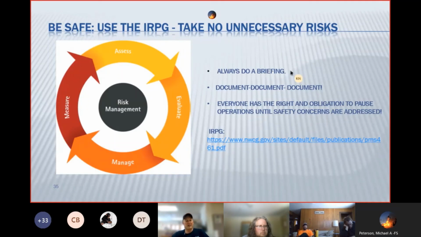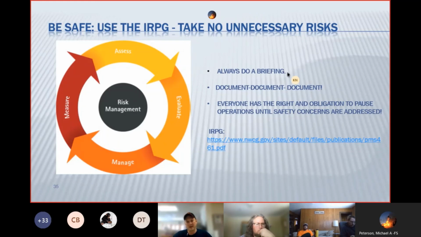Okay, so you'll see here on the next slide of Mike's PowerPoint, be safe, use the IRPG, and take no unnecessary risks. The biggest thing right there in the beginning, always do a briefing. That involves the risk management process and all the items on it, LCES, gaining SA, and assessing that risk before engaging.